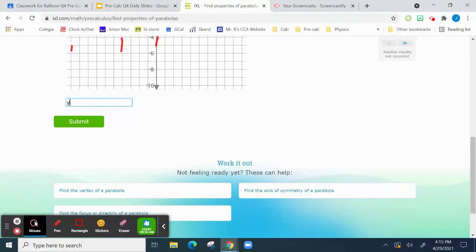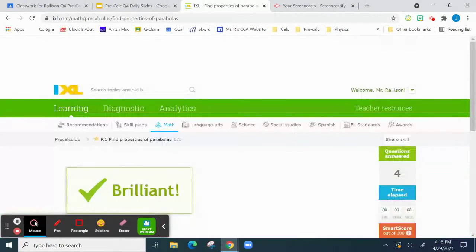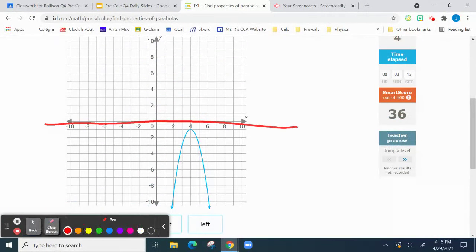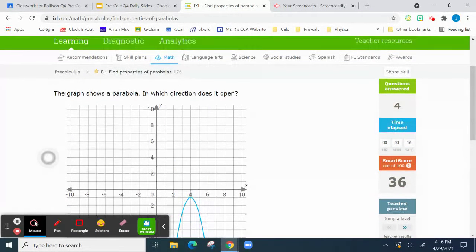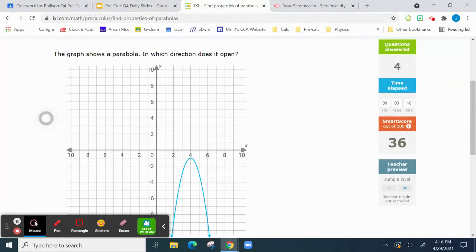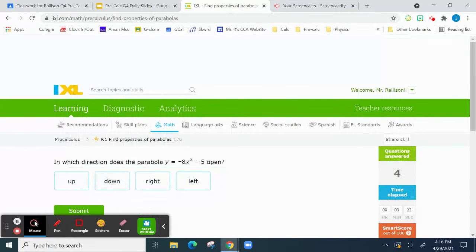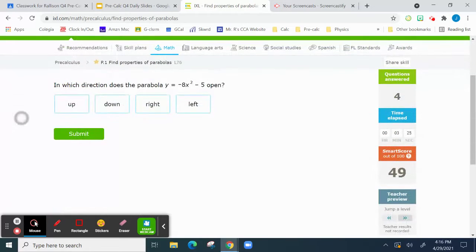Y equals 0. All right, I'm going to be done with this momentarily, because I don't think I need to keep doing this so much. It opens down. Okay, yeah, I'm going to skip a level. Boom. In which direction does the parabola